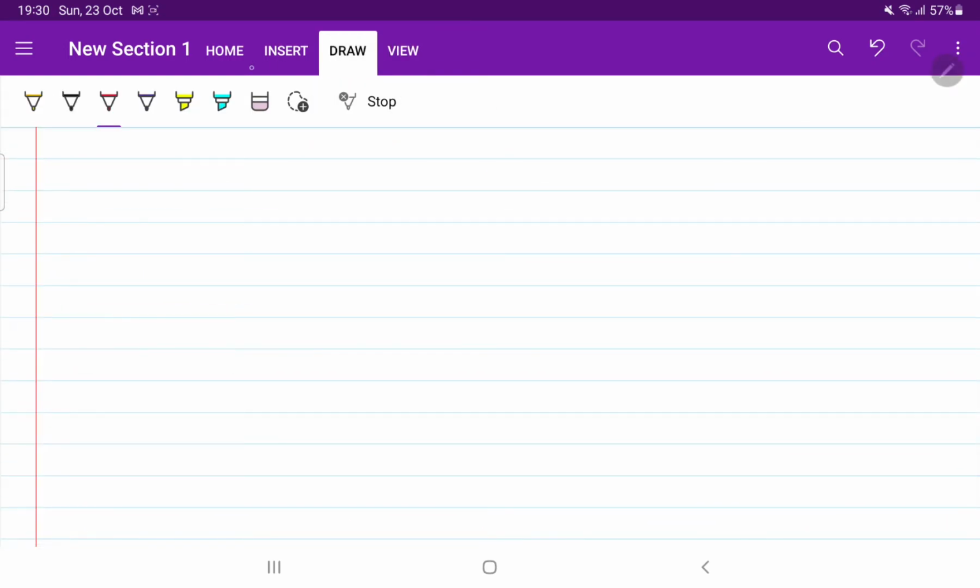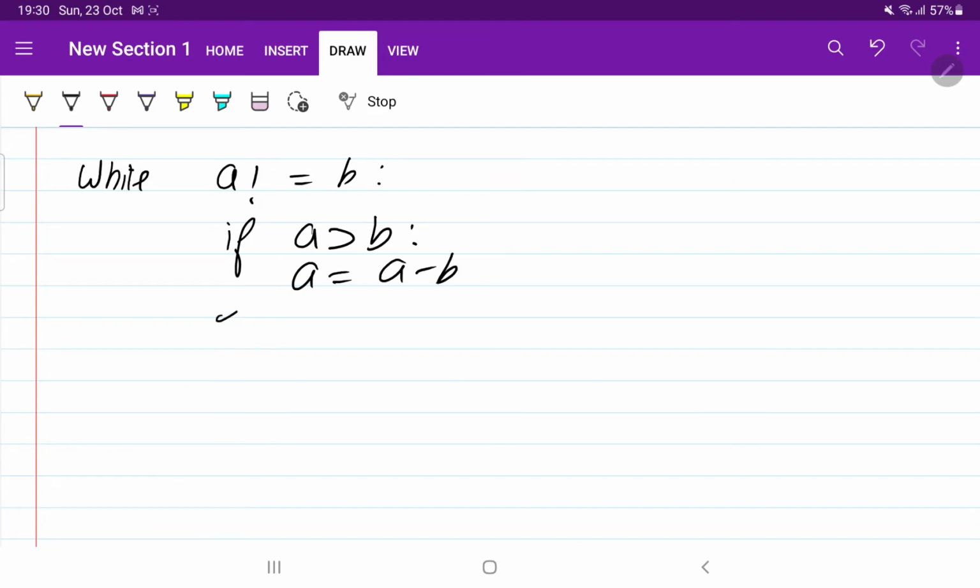So here we have to think about a different way to find a solution. What we will do here is use one logic. Here I am writing the code. Till A and B are not equal, we will try to reduce the number. Whichever number is greater, we will reduce that number by subtracting the other number from it. And when this while loop ends, we will return the number.